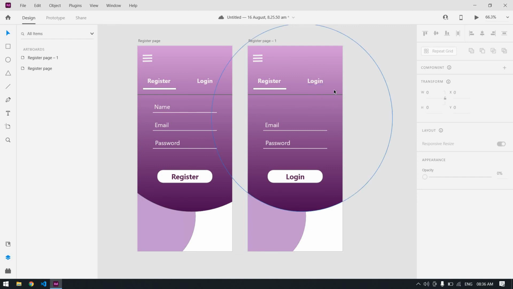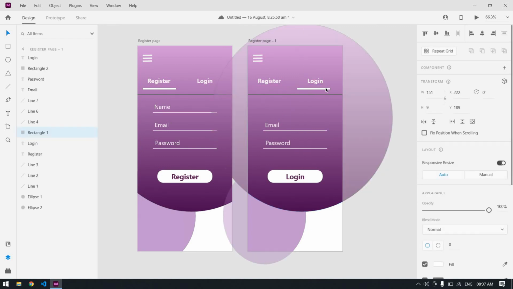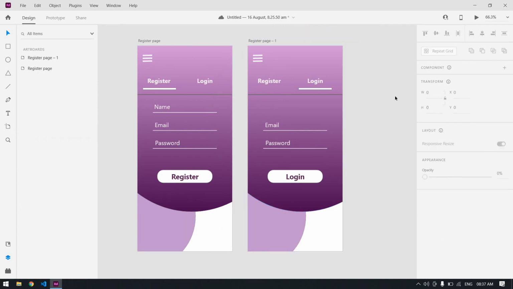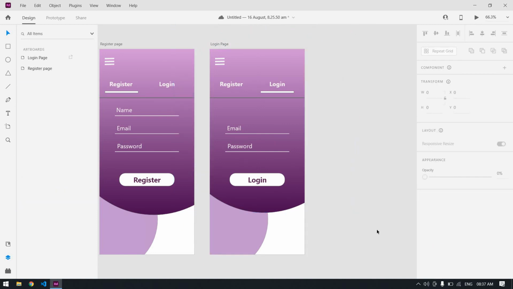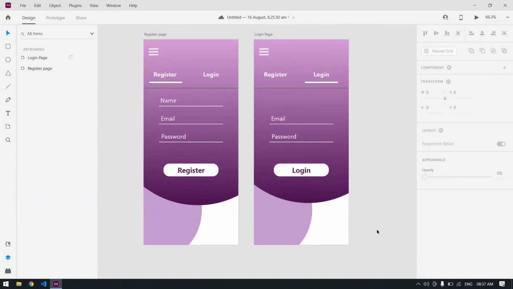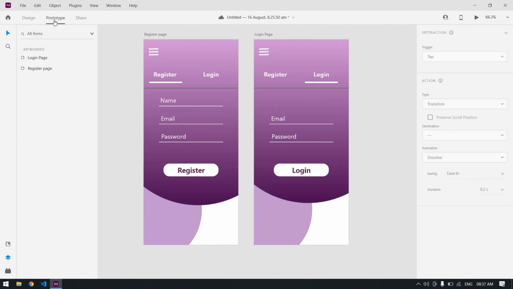Okay. After that, I'm going to give it to here. Now I'm going to change this into login page. Okay, this is fine. Now I'm going to give a prototype.